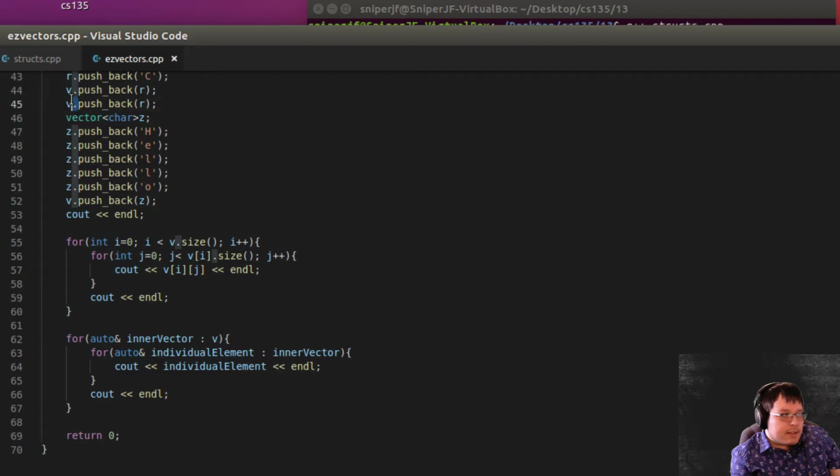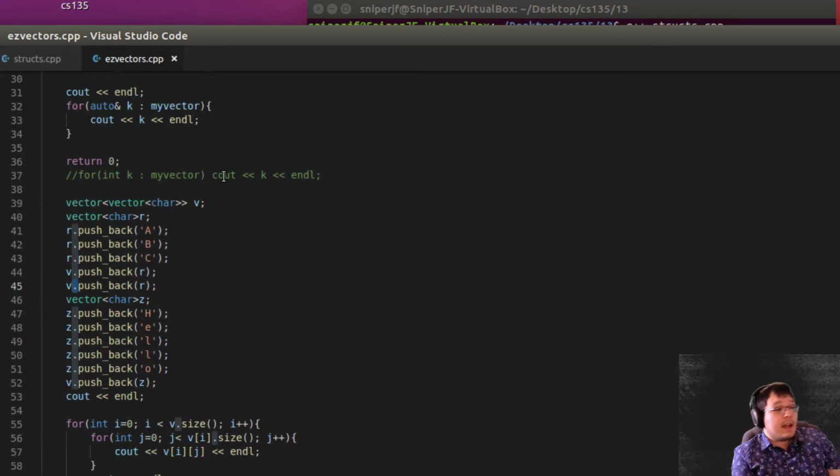You see the little dot there? That is the member access operator. And push_back is a function. That is a mutator function, actually. It's actually inserting something into your vector. However,